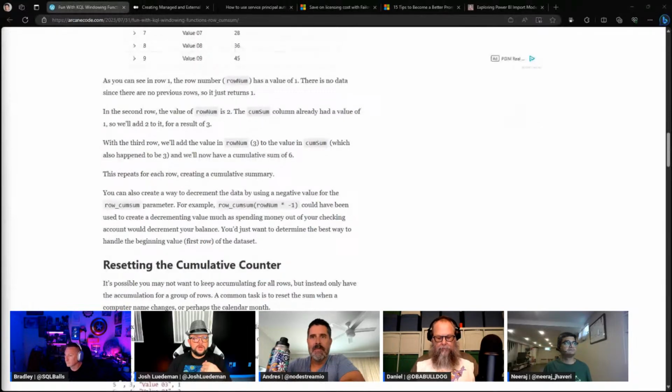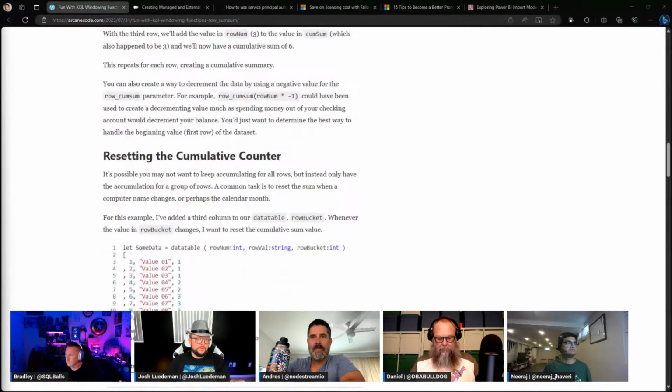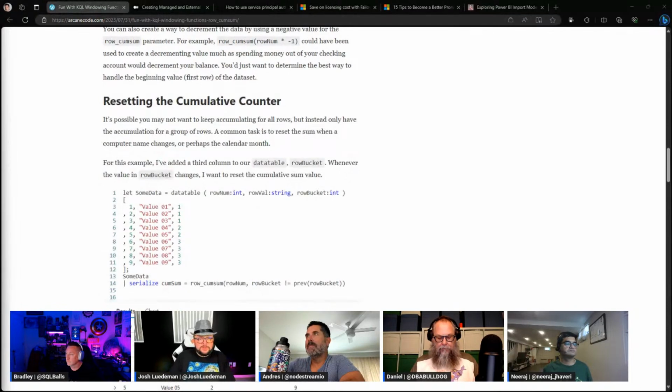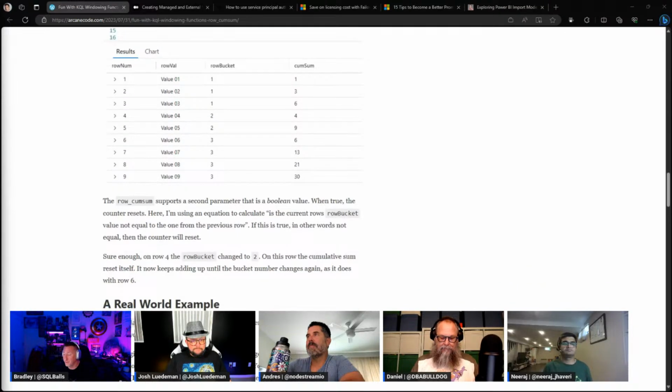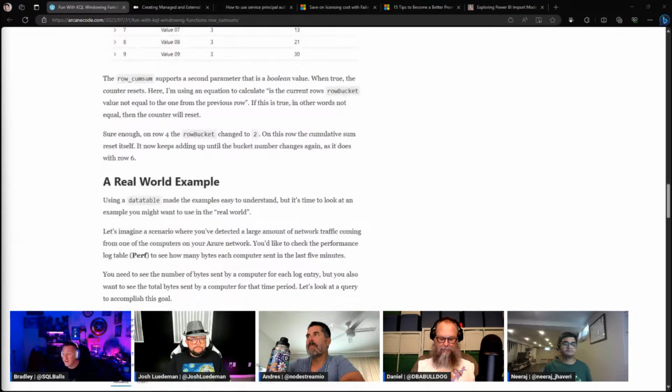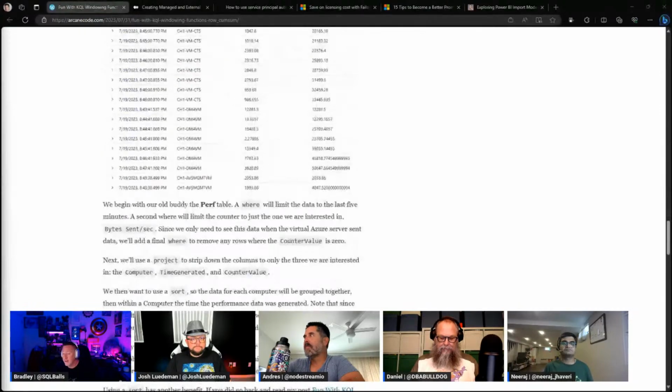to use the functions, and then using the windowing functions, in this case, bucketing them together and really doing some great stuff there. Well, and it's for cumulative summarization, which is what it is short for. And he gives a wonderful tip on resetting the cumulative summarization if you need to. He gives a really nice real world example. And I love it that you said this, Robert.